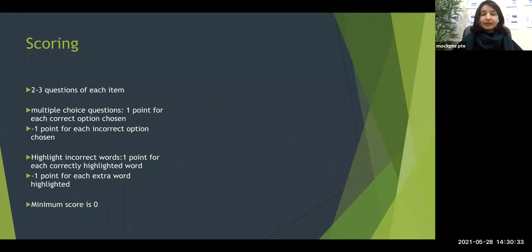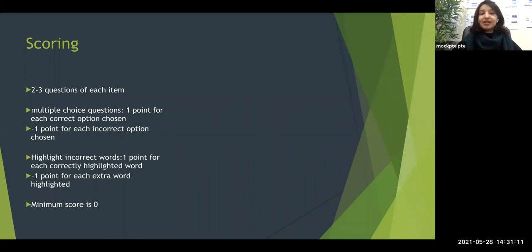That means in your multiple choice questions, multiple answer, let's say you chose 1 correct option and 1 wrong option. Then you would be ending up with +1, -1, you will end up with 0. And let's say if you choose 2 correct options and 1 wrong option, then you get +2, -1, you get 1 point. On the other hand, if you chose 2 wrong options and only 1 correct option, in that case, you should be getting -2 +1, which is equivalent to -1, but you will not be getting -1 there. You will be getting only 0.